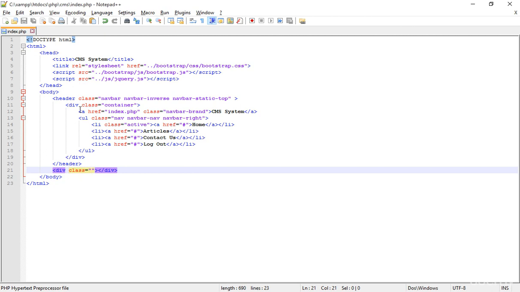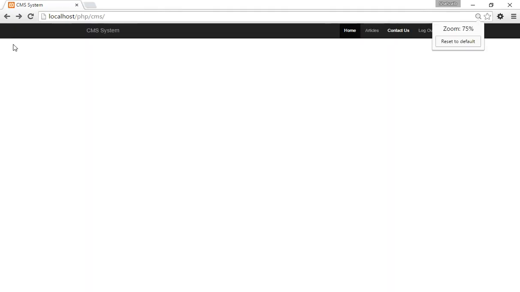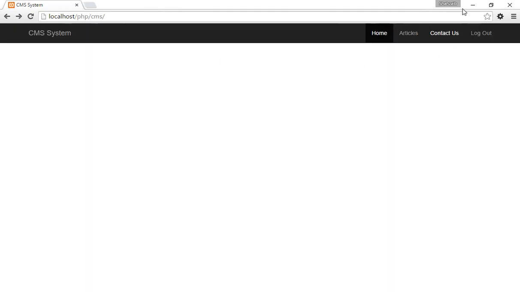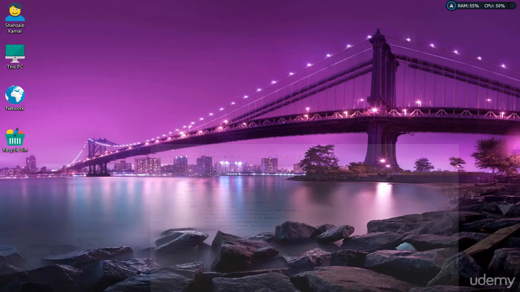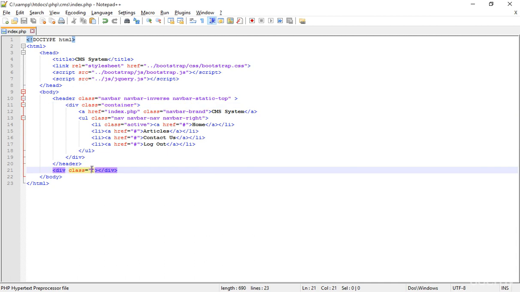Okay, here I just added the class of container inside the header because I just don't want the header inside the container. That means I just want to create the header limitless. If I just go to the browser and zoom in and zoom out, you can see that it is limitless, and the data inside the header is in the container. So I'm just creating another container here, and in this way the new data which will be